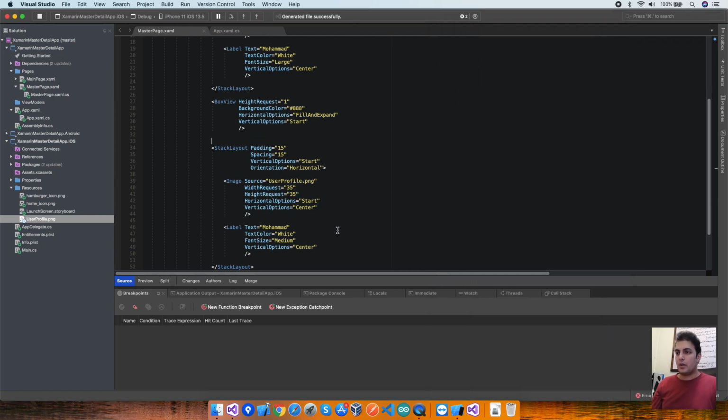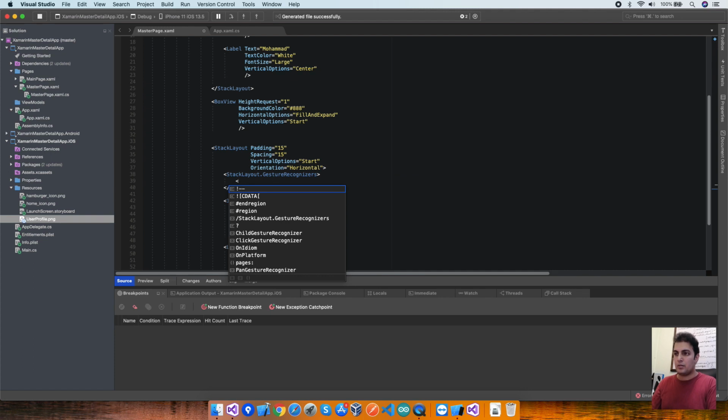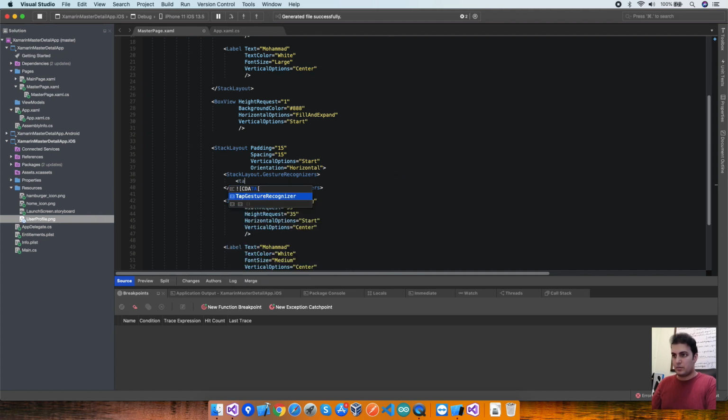I'm just going to implement the tap command for this. To do that, as you know, we need to implement a kind of gesture recognizer. So I'm going to say stack layout gesture recognizers, and I'm going to say tap gesture recognizer with the command with the binding, right? So I'm going to say, like, for example, let's say this is a home button